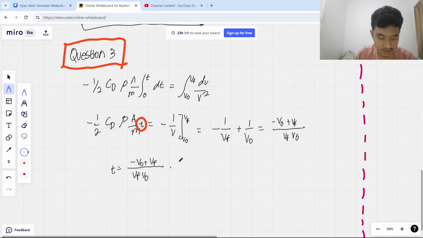So it will be 2m divided by the drag coefficient times this and this. So it's rho A. Okay, but this is a minus, so we can get rid of it, but this will become minus. So the final form is quite like